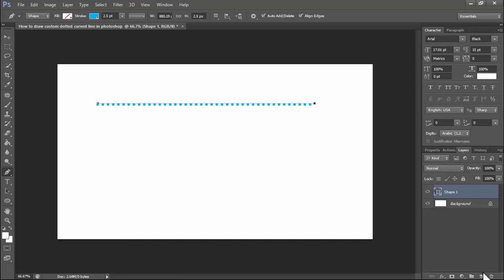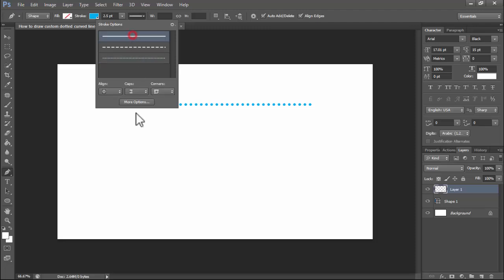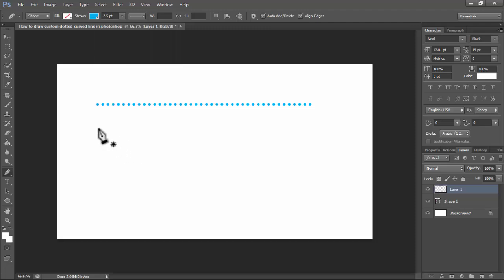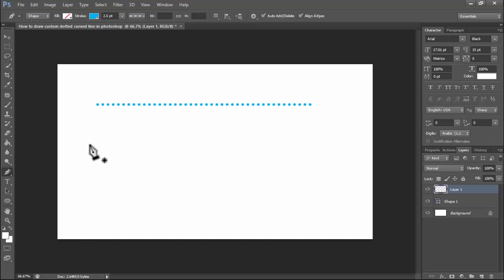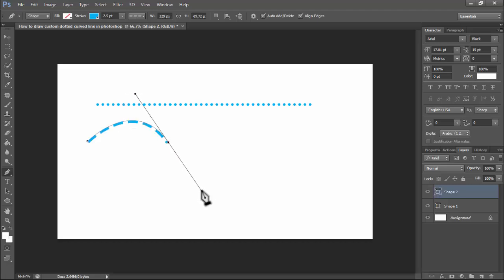and again create a new layer. I do not use this line, I use the dash line. Okay, then custom, click, hold Alt,